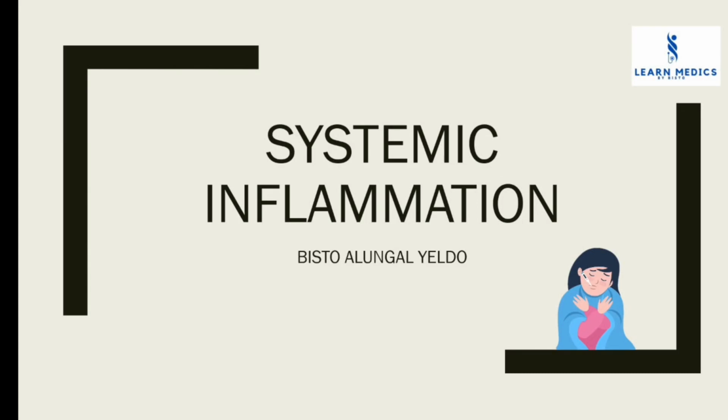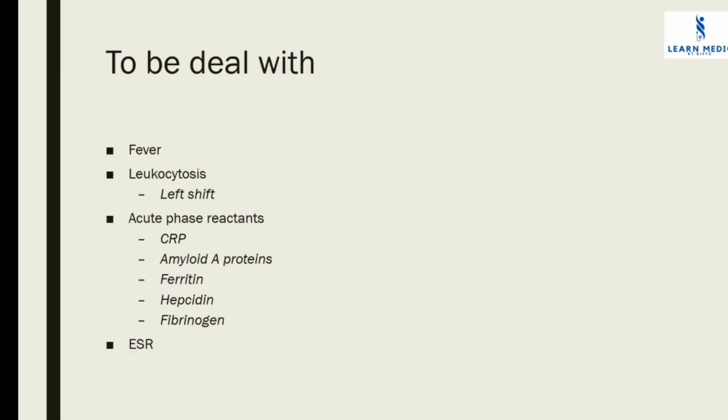Today we are going to deal with systemic inflammation, the second part of the lecture series on inflammation. In this module we are going to deal with the fever, the leukocytosis, the left shift of leukocytosis during an inflammation or infection, acute phase reactants like CRP, amyloid A proteins, ferritin, hepcidin, fibrinogen, and lastly the erythrocyte sedimentation